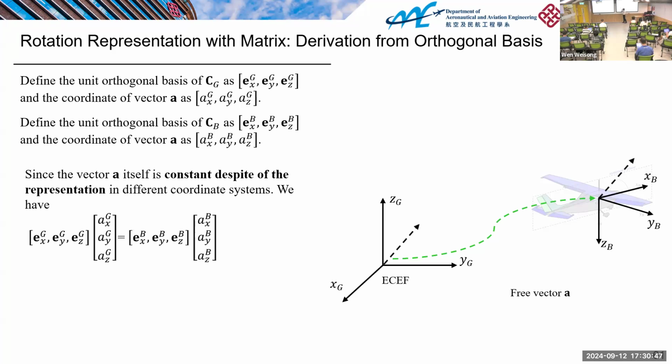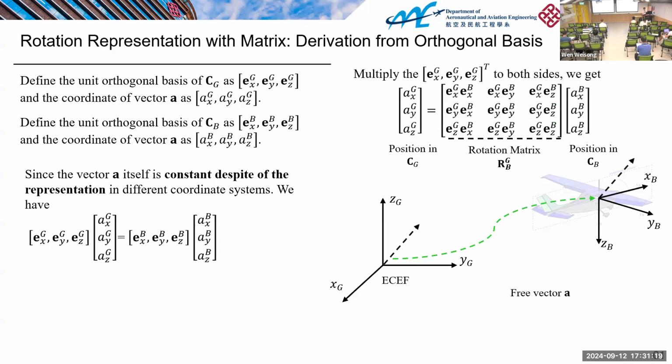So this is the coordinate of this vector. Because this is a free vector, despite this representation, the left side should be equivalent to the representation in these coordinates. This is the orthogonal basis for these three directions. This is the coordinates for this vector in these coordinates. Because the left side should be equivalent to the right side,